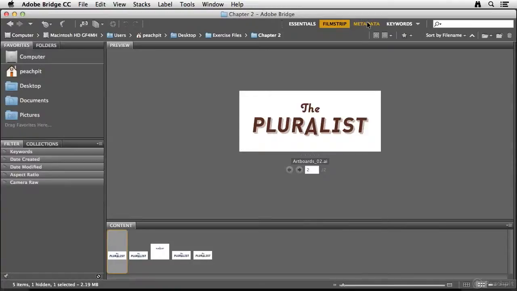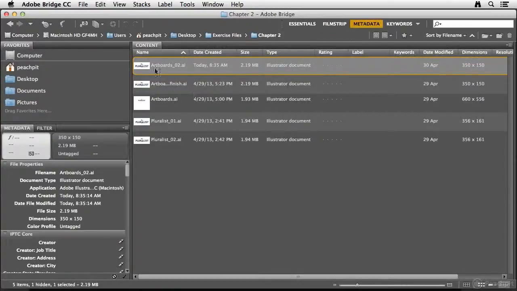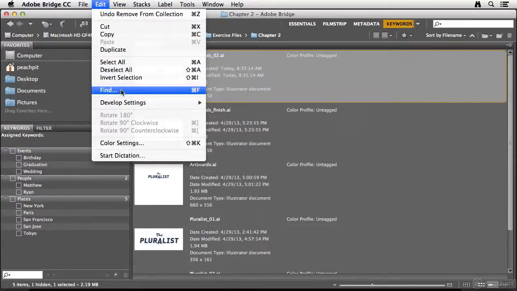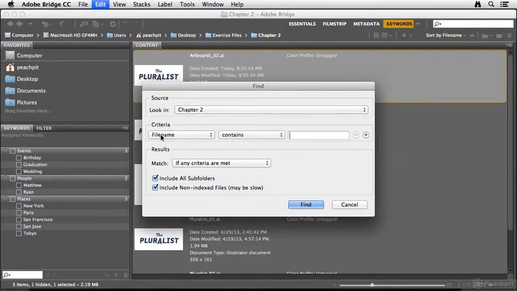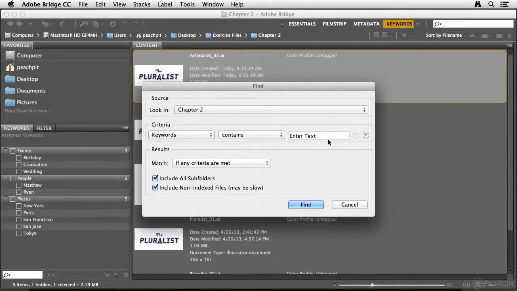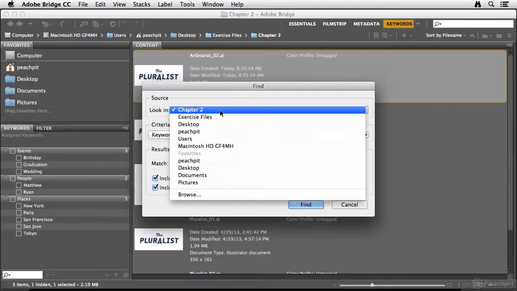We also have a metadata workspace that's basically showing me my individual files and all the metadata associated with it. And we also have a keywords workspace that allows me to display all the keywords associated with this as well. What's nice about the Bridge is that if I assign keywords to my assets, I can go to the Edit menu and choose Find and actually search by keywords for certain files,